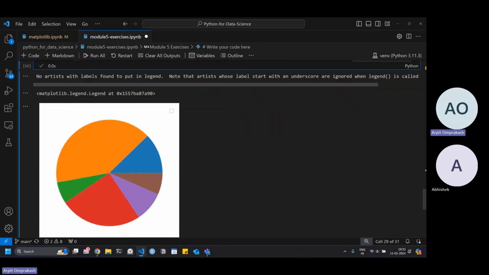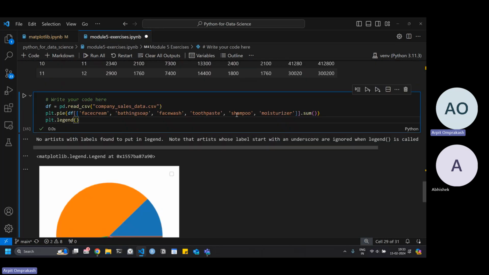Okay, we basically got a pie chart, but we didn't get the labels. So for labels, we need to put here labels equal to,